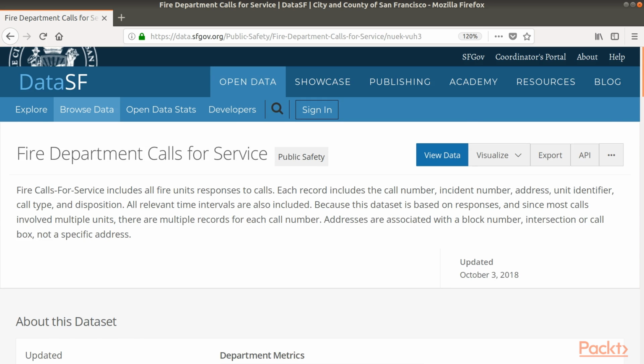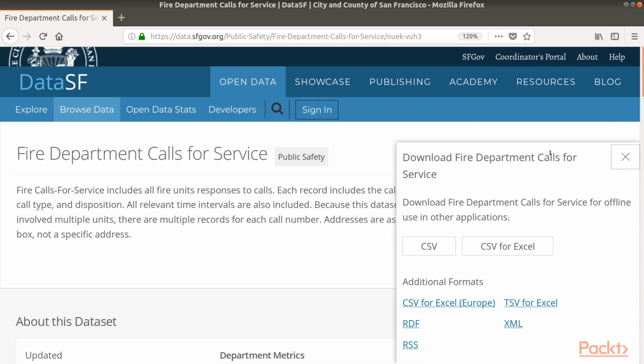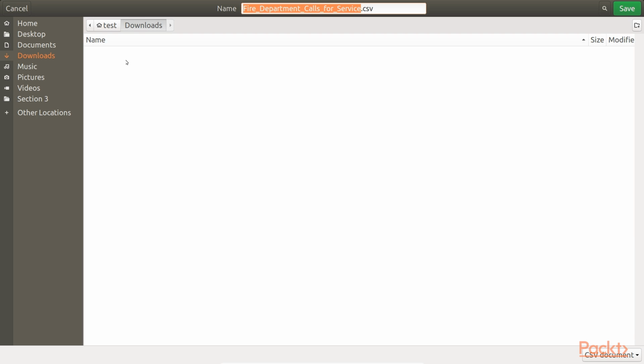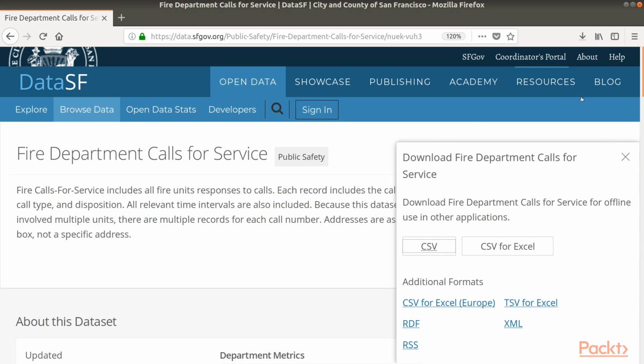This video will walk through the steps to download and import the .csv file to our Jupyter notebook. Now we will download the dataset from the website by selecting Export and then CSV. We will save the dataset to any local directory. Usually it is saved to the same folder that has the Spark notebook used previously. If not already the case, we will name the downloaded dataset fire_department_calls_for_service.csv. We will save the dataset.